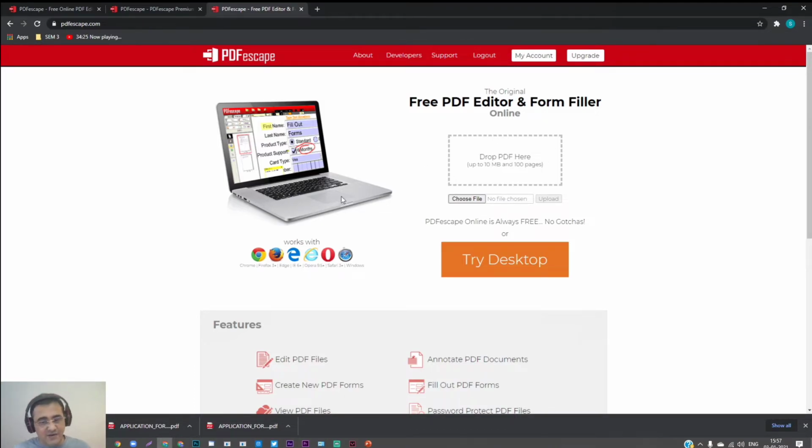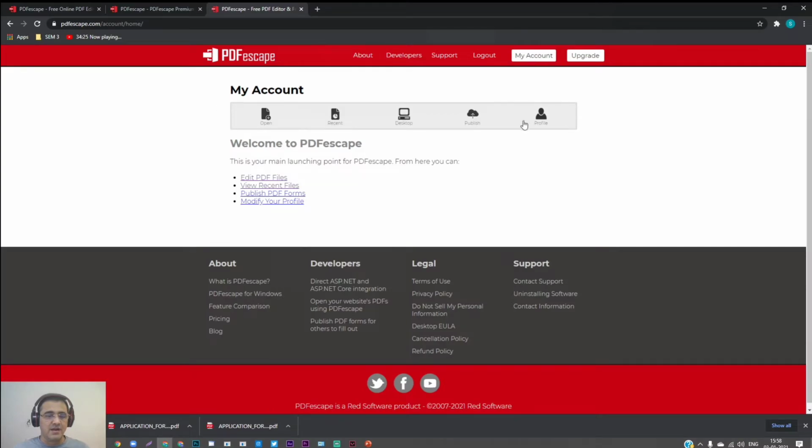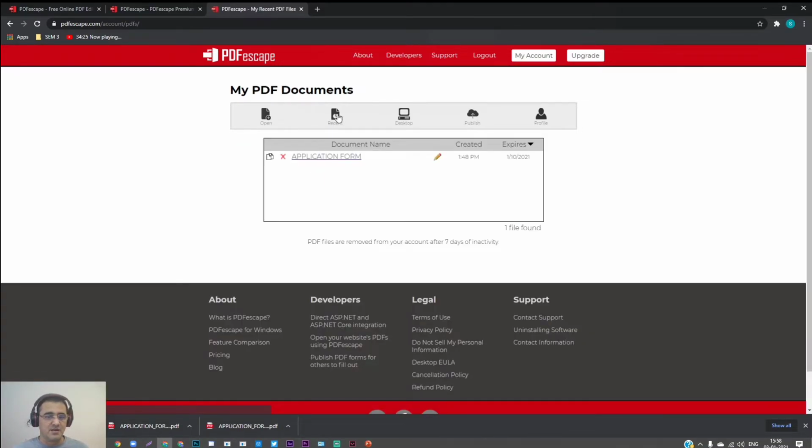This is my demo account, which is a free account, and I'm logged in using that account. So after logging in, if I click on my account option, it will show you the option to view recent files. So when I click on this, either by clicking on view recent files or by clicking this icon, recent, see,